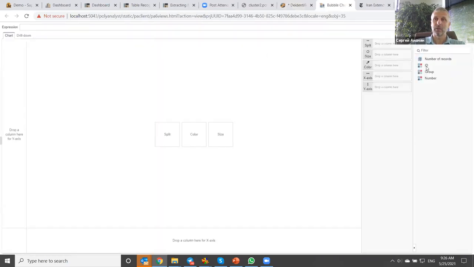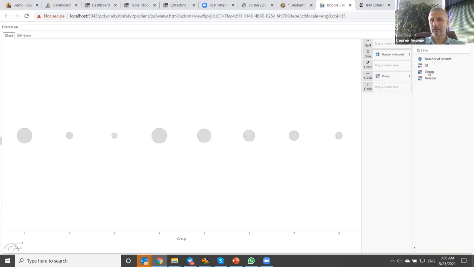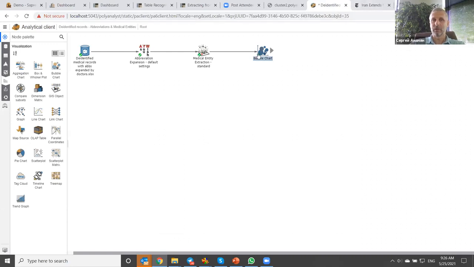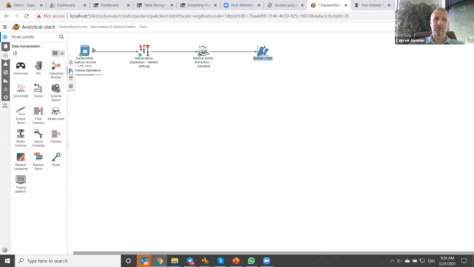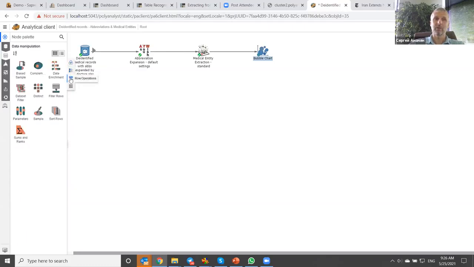So it supports an interactive type of analysis. I can bring this to the x-axis and it starts building this for me. I'm not going to build visualization objects; this is just an illustration. As I mentioned, there are lots of ETL tools. You can have operations on columns, operations on rows of the table, operations on tables in general.